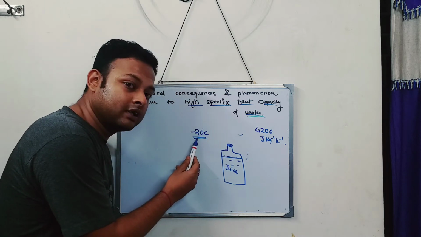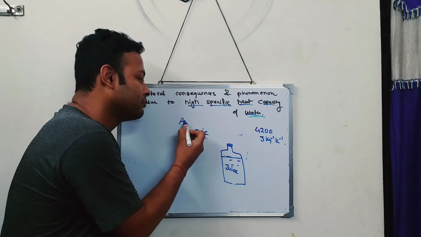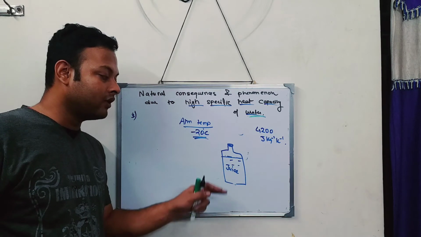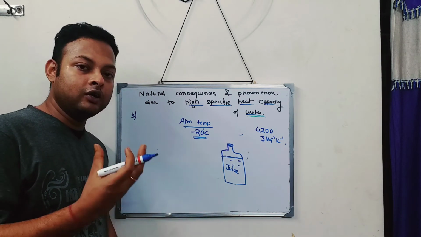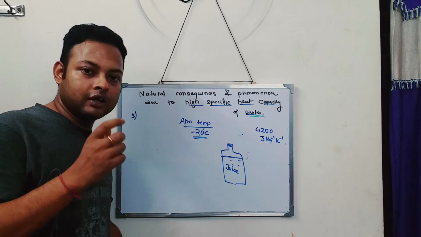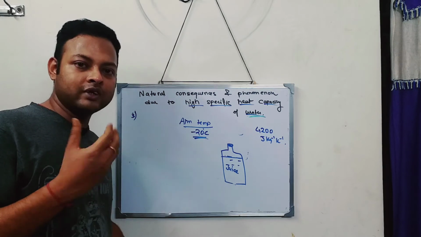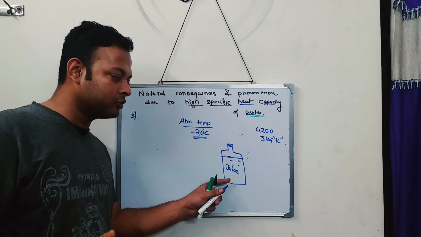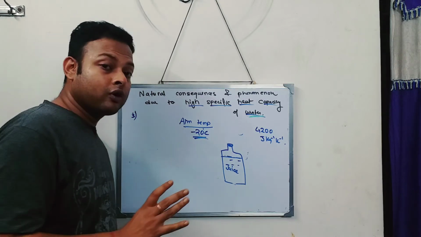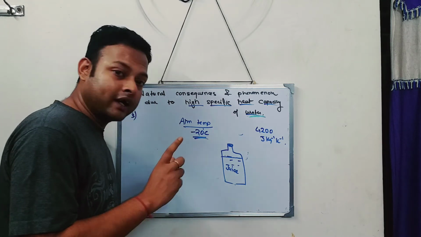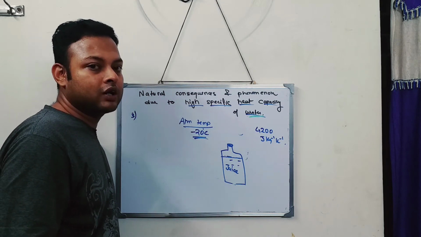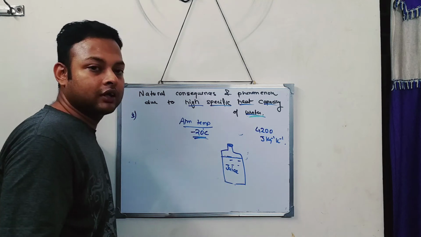This low temperature of minus 20 degrees centigrade will definitely convert this liquid juice into a solid juice. And think, do you consume juice in liquid form or solid form? Obviously, we always would like to consume any kind of juice or drink in liquid form. Nobody can consume that in solid form. So what should I do to make sure that the juice doesn't convert into a solid state?